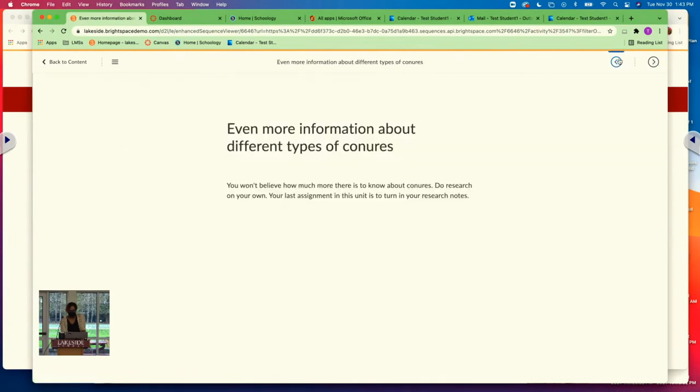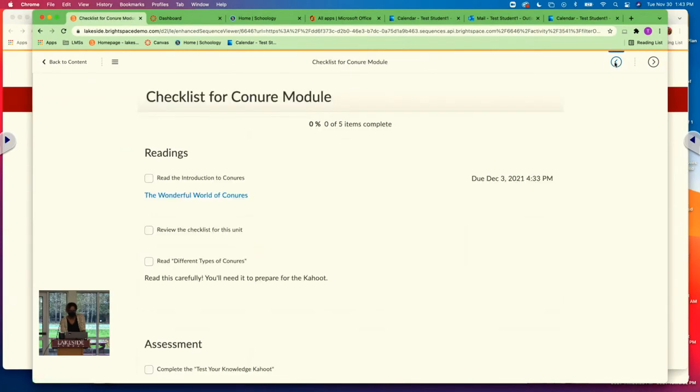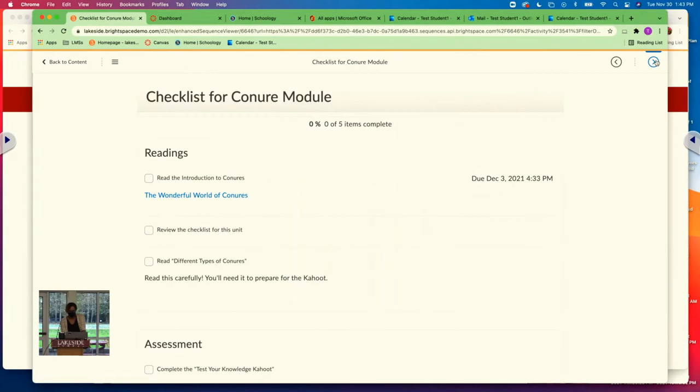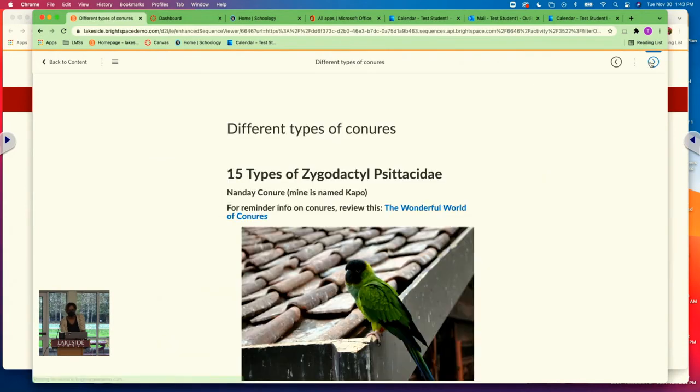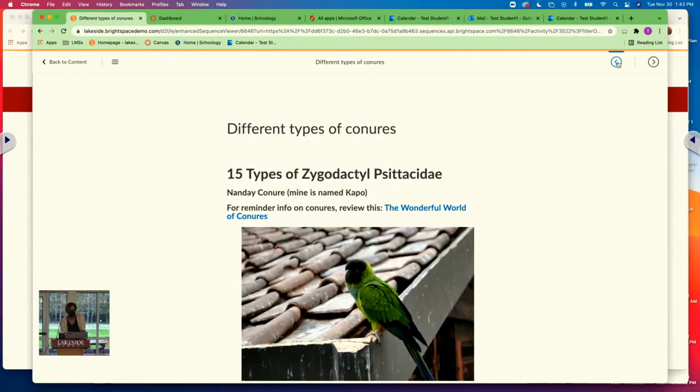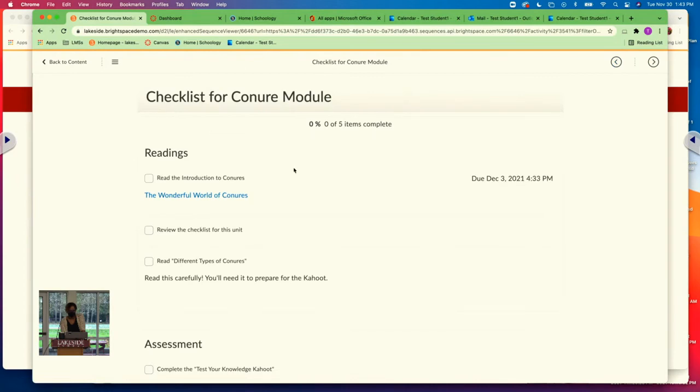Which one was the one? Oops. It is, of course, not working the way it's supposed to. I might have to sign out and sign back in. What you would see if this were going according to plan is that since I hadn't checked this off, I would not actually be able to move on to the next content. And sorry for that. Not sure why it's not cooperating. But again, what you see is the major difference here as we